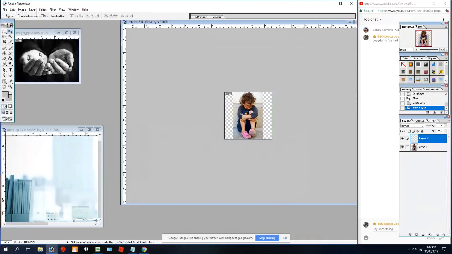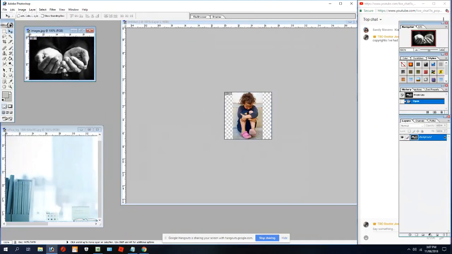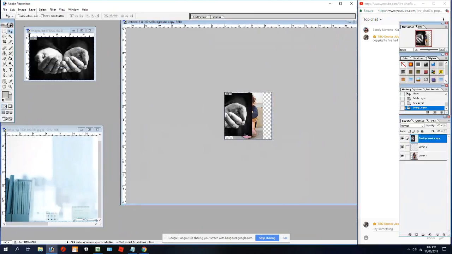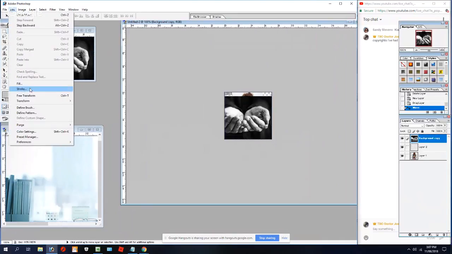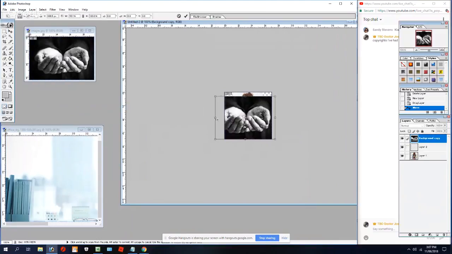If I bring this picture over here, I'll hold Control and Alt, hold them both down and just drag and drop. And the picture is in, so I'll go up to Edit and resize it with Transform. I'll rescale it to the size of what I want to do.